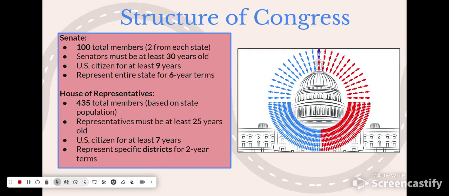Representatives must be, if they wish to run and win office, 25 years of age. They must be a U.S. citizen for at least 7 years, and they